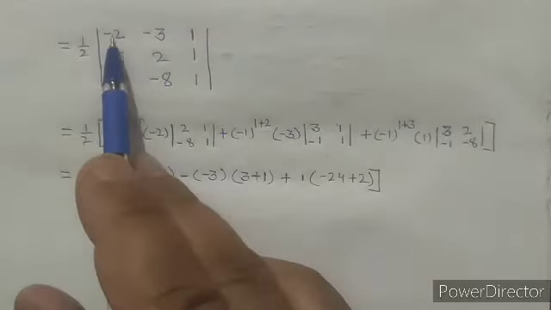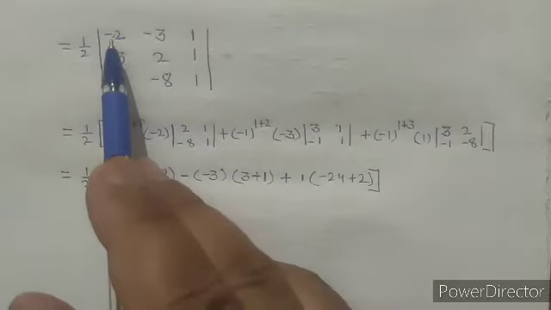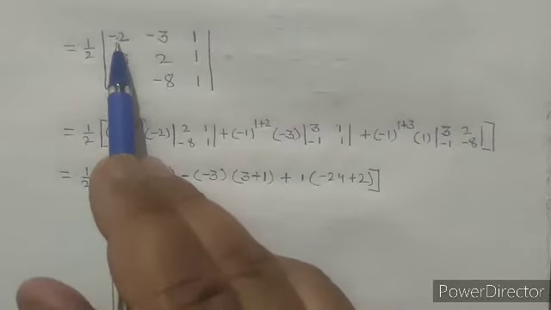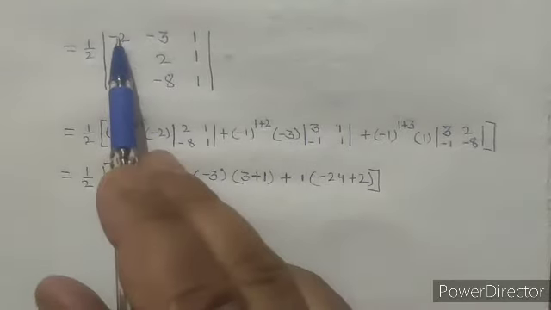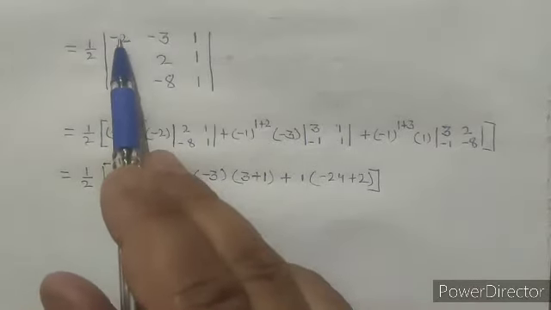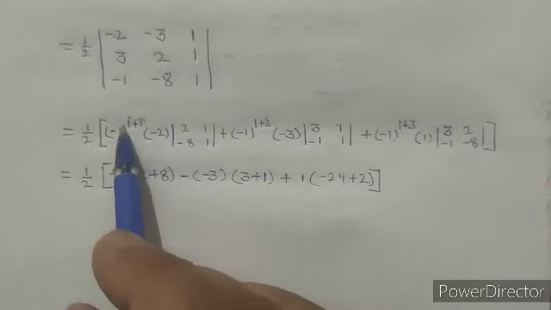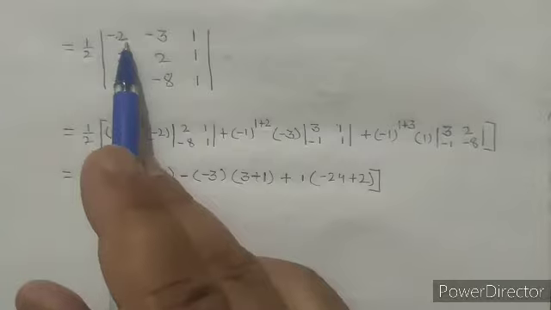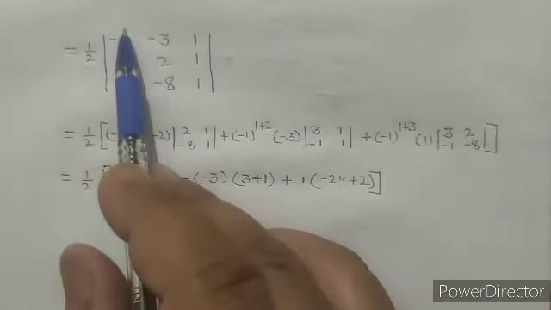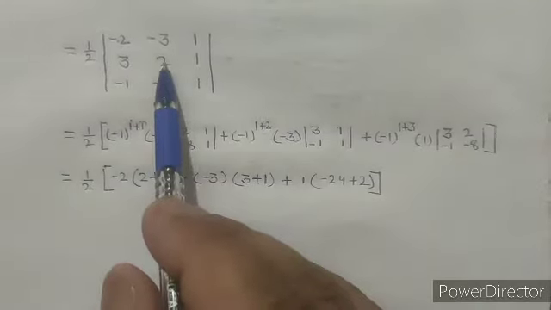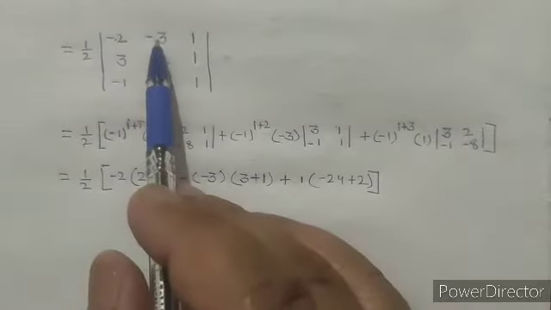Here I am expanding row 1. Now half is already there in the formula. Now minus 2 is the first element of row 1. Now this is the element of row 1 and column 1. So we'll take minus 1 raised to power 1 plus 1 into minus 2. Now we will eliminate the row and column of minus 2 and that will give us determinant of 2 1 minus 8 1. Now plus minus 3